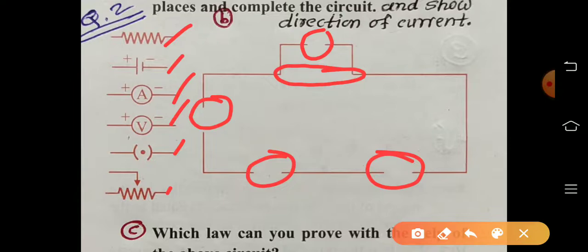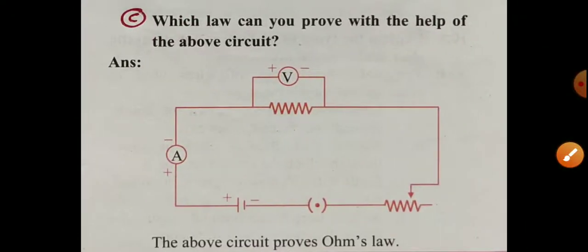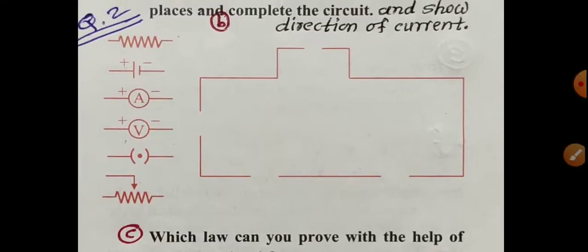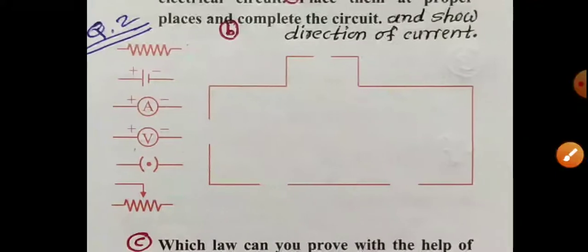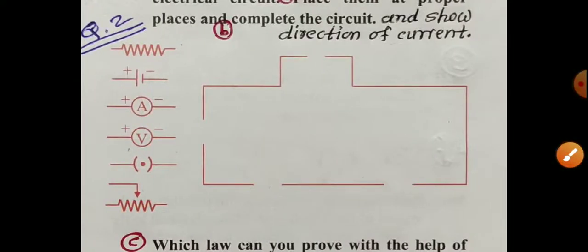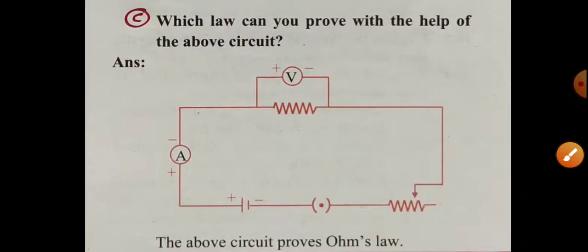And one more, I think one more vacant place is here. Now check the answer. Anywhere at the top, here at the top or at the bottom. Here one empty space, a blank space, is required. These two are not connected. Clear? Like this. So see the correct answer.